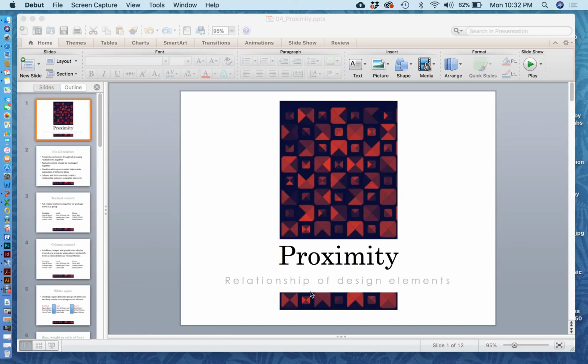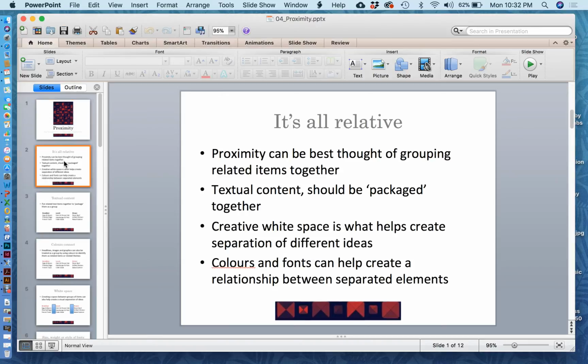Last but not least, we're going to cover the proximity principle. Proximity is the relationship of design elements, which basically means we want to package information together. So think about it, it's all relative. So when we're thinking of the proximity principle, think of it as grouping